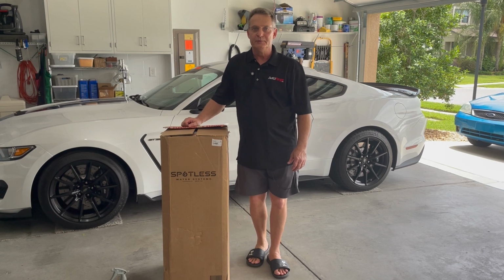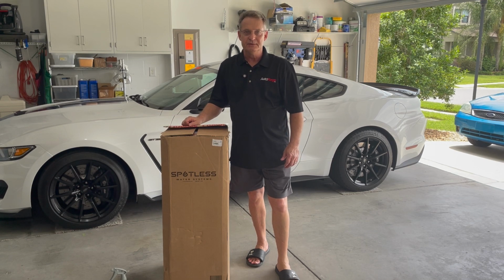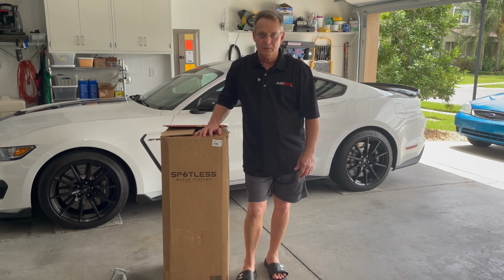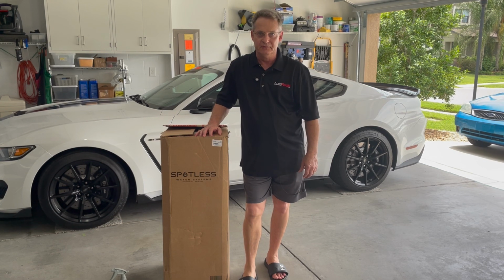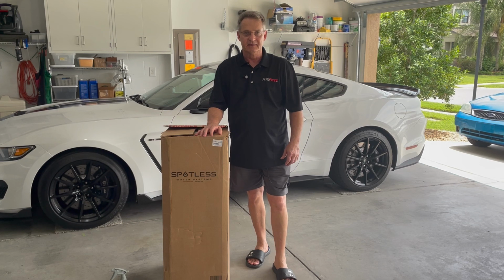It'll treat up to 300 gallons of water to mineral-free de-ionized water. So what that means to you is you can wash your car and rinse it with the DI system and it will dry spot-free. You don't have to dry the car. Or if you choose to dry the car, you can go ahead and dry it, and if you have any kind of water that drips out of a mirror or anything like that, it's not going to leave any water